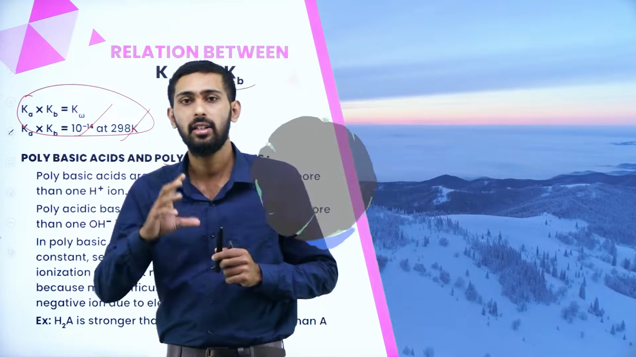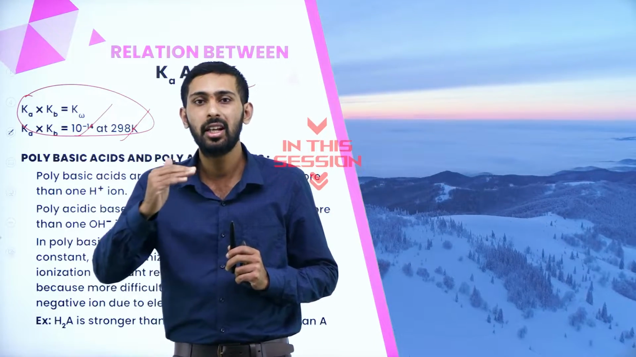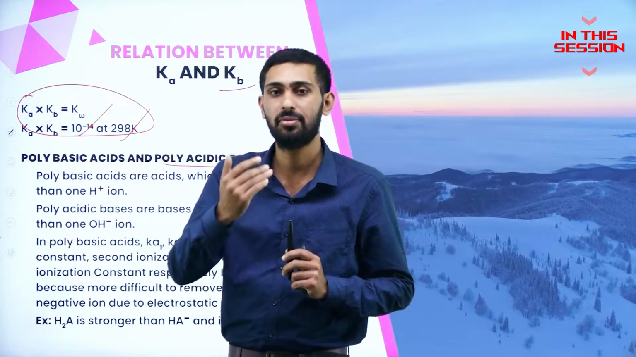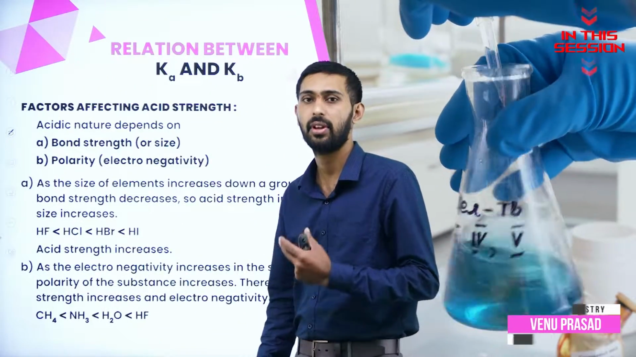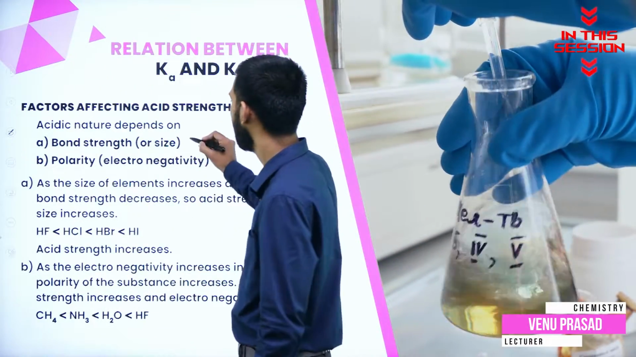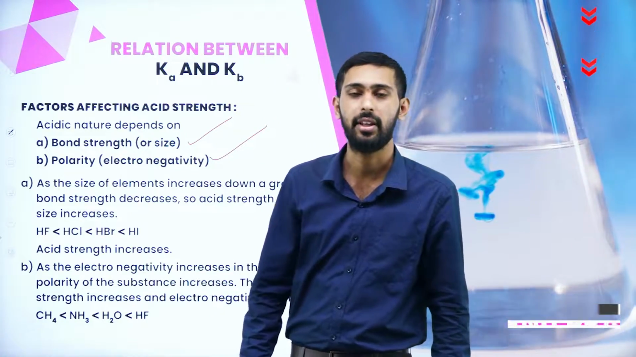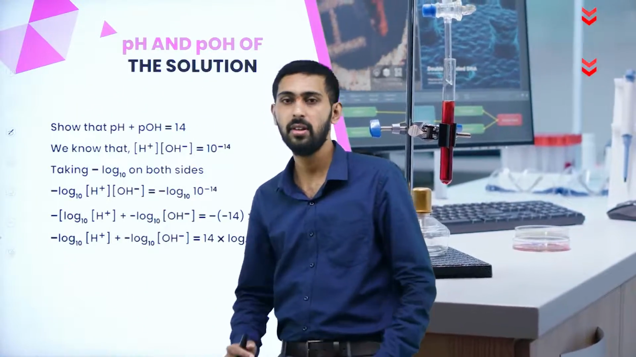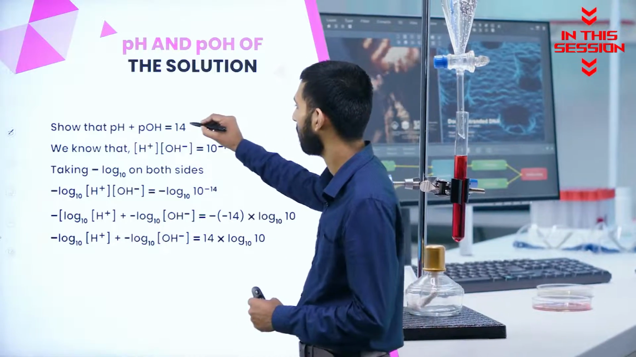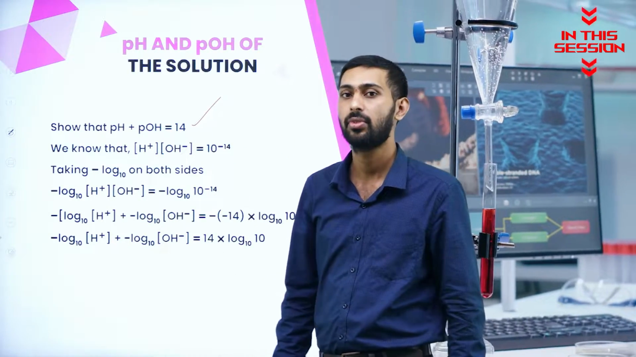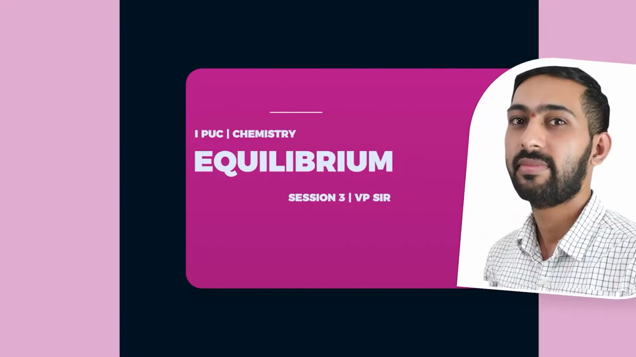If you are taking a word poly, it means its degree is always more than 3 in terms of mathematics. What are the factors that affect acid strength? First thing is bond strength, second one is polarity or electronegativity. See the relationship between pH plus pOH is equal to 14. They will ask this derivation for the